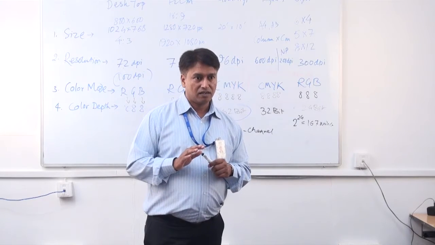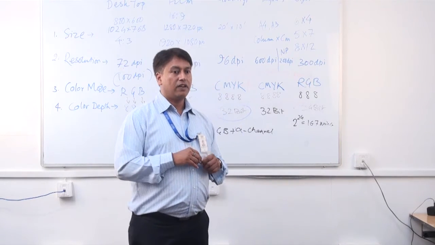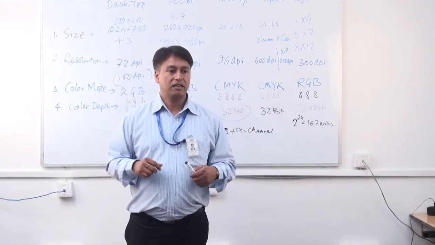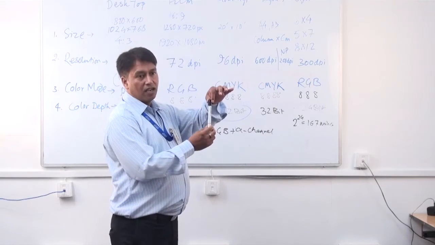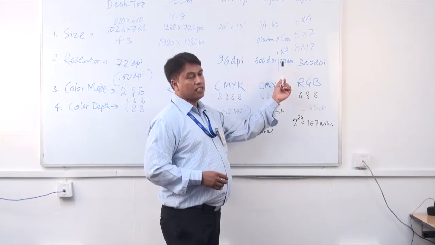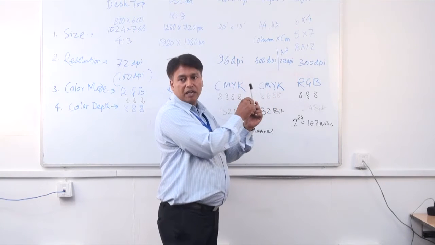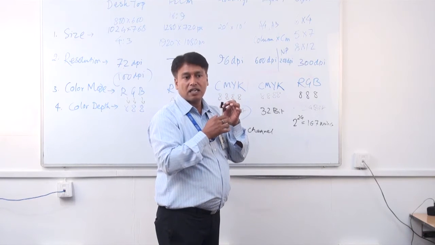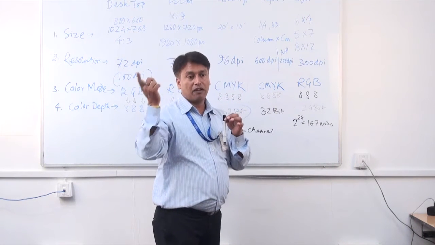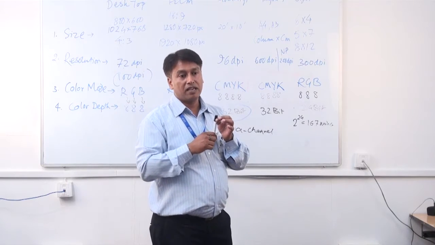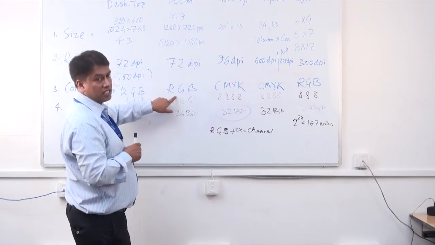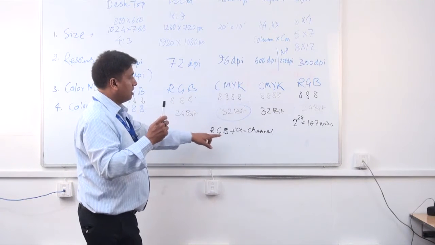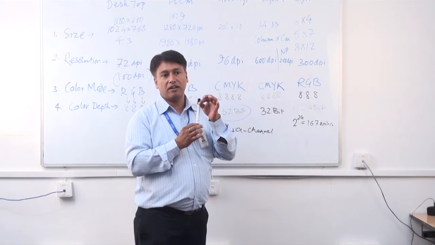Got it? Now how does this alpha channel work? When you composite it with a live video, this whole background is transparent. Like I have this pen, I want to show it just in front of a video. It must have a transparent background. For this, I have generated it in the computer. I will have an alpha channel also. It will have RGB because I want to project it. It will be for film, and for film we use RGB color mode. So it will have an RGB rendering plus an alpha channel, and the alpha channel will save the transparent background.